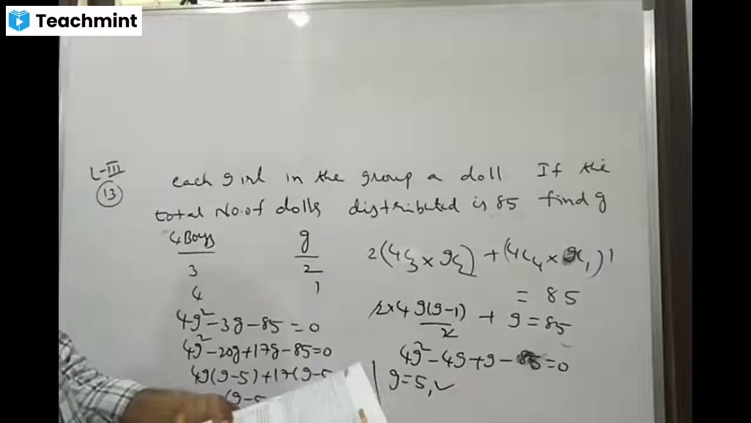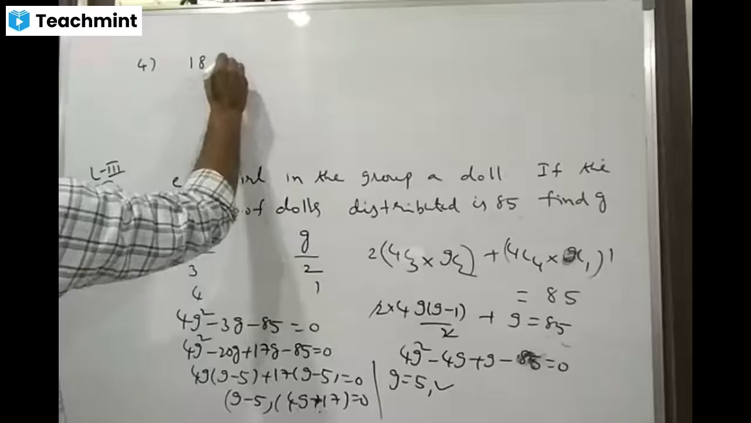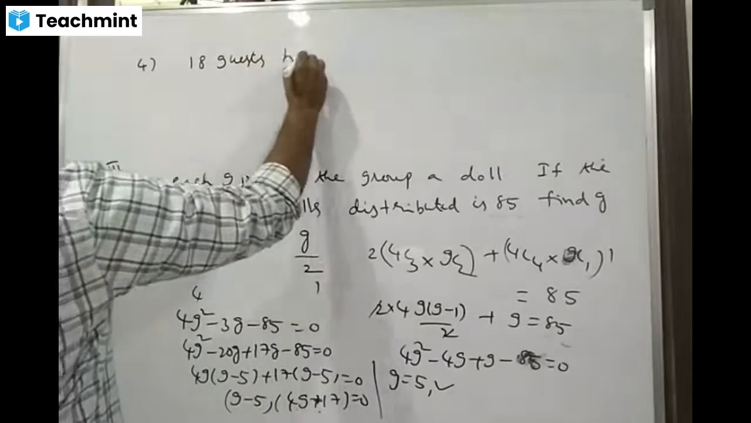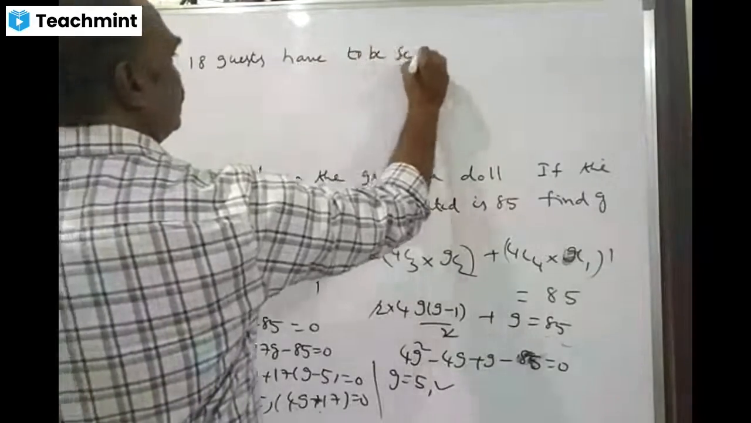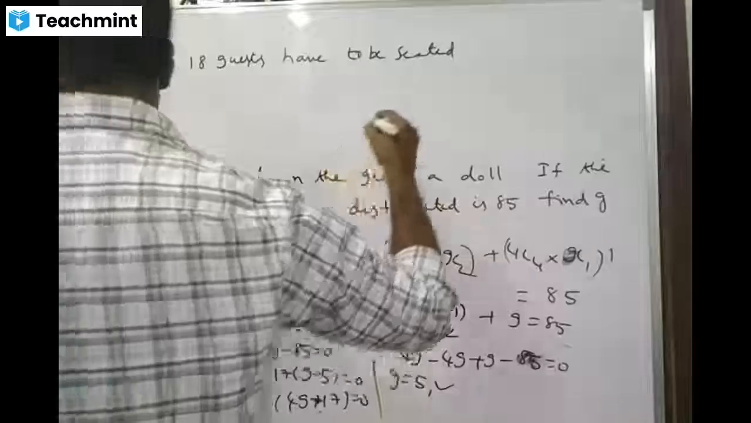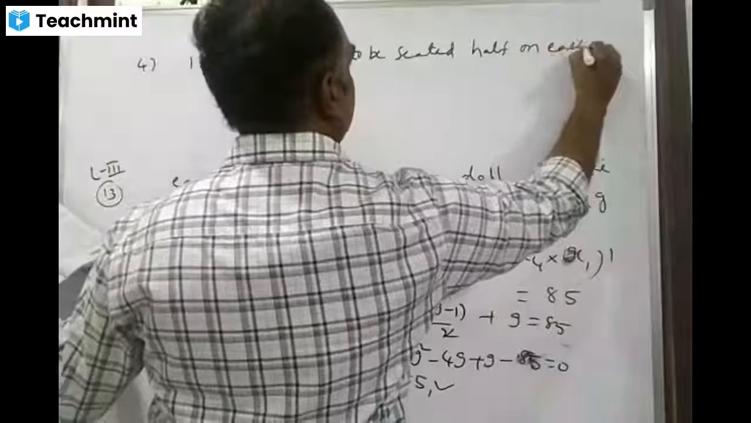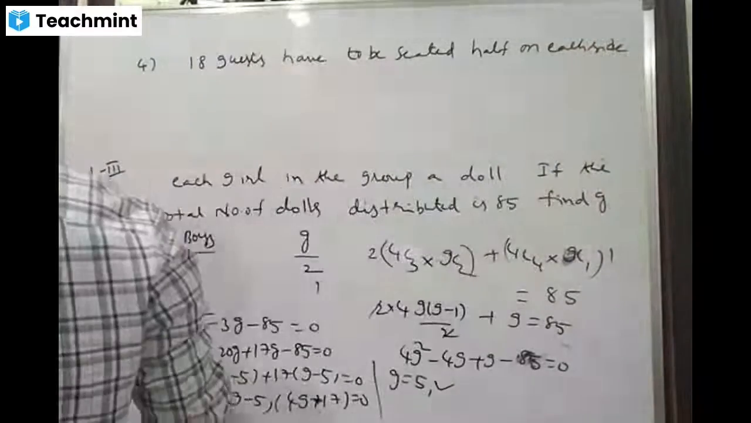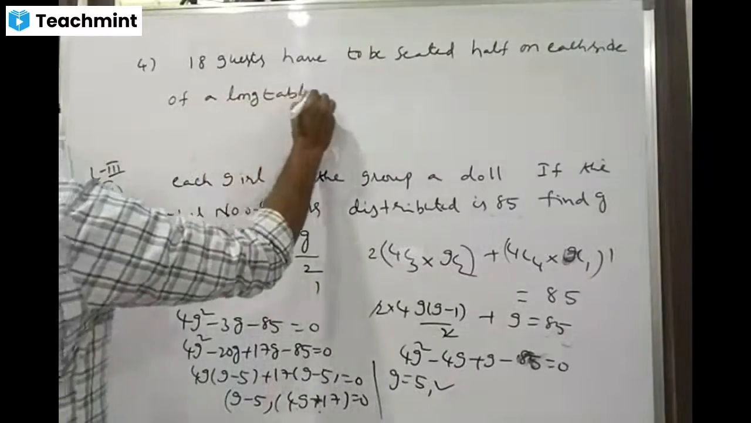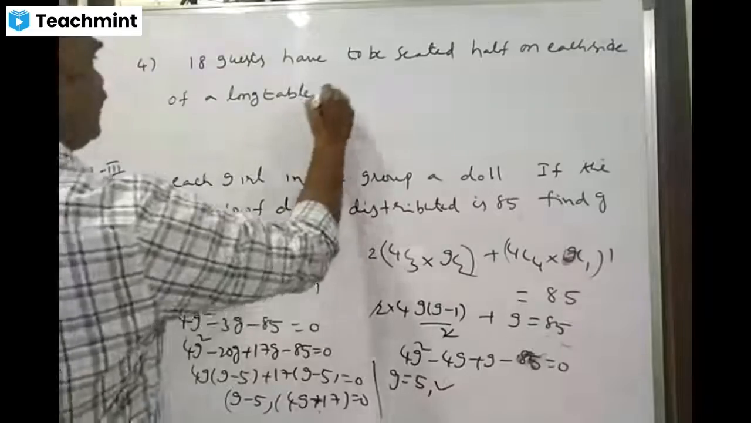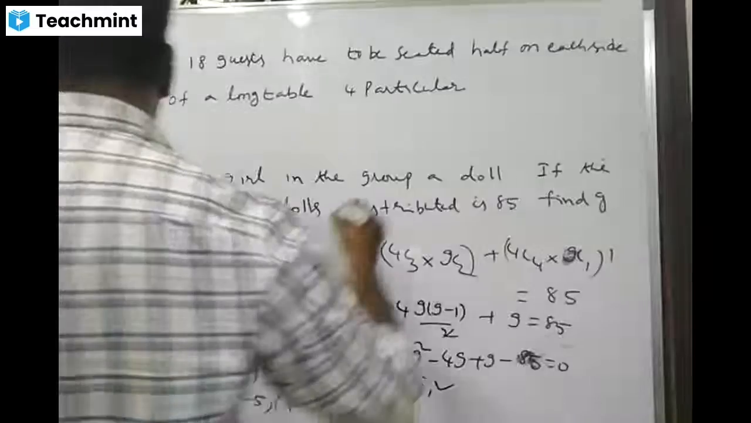Students, level 3, question number 4. 18 guests have to be seated on each side of a long table. For a particular guest,